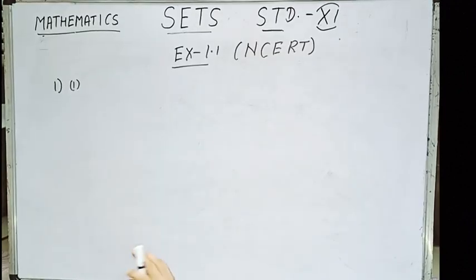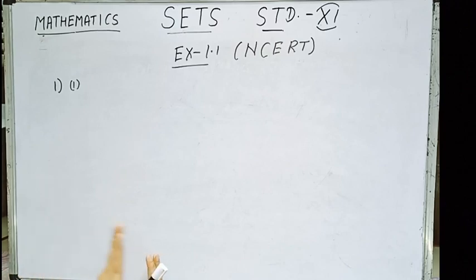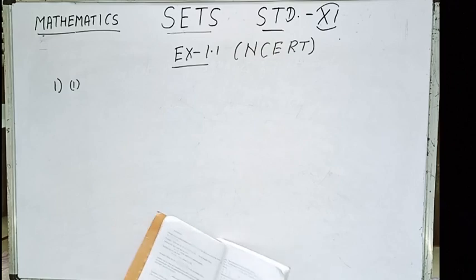Now children, whatever I have taught, the basic concept of set, what is a set, definition of a set, how to represent a set, and few notations like belongs to, epsilon, does not belong to and all. Based on that, exercise 1.1 of NCERT is based. So let us first complete exercise 1.1 NCERT and then we will be doing the definitions based on sets and some other applications of set. So take out the NCERT book, exercise 1.1.